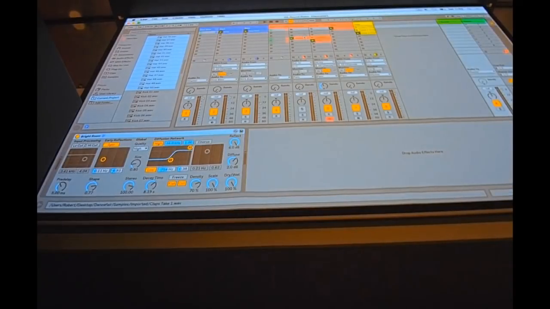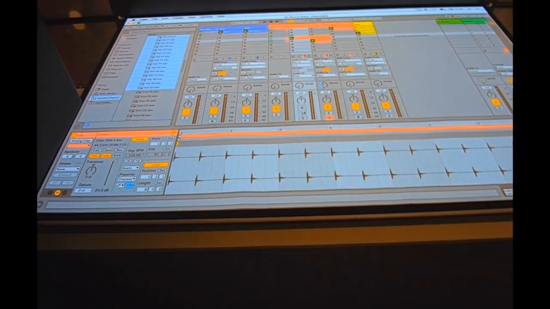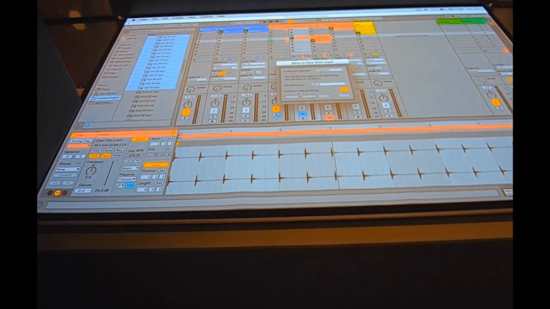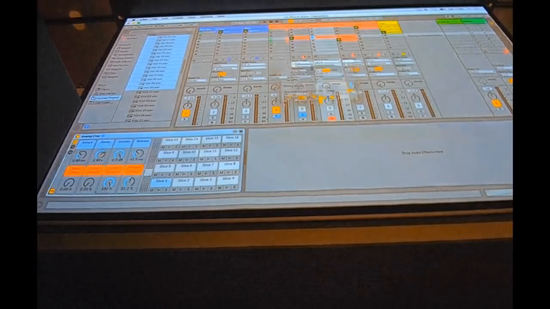And one of the things that I found, for example, here, there was a recording I made of a Vermona, which is a famous analog drum machine. And I just recorded the same clap 16 times. And what you can do in Ableton is you can slice this to a new track, and I've created, for every half bar, a clap sound. And now it's all these 16 claps spread out over my drum machine.